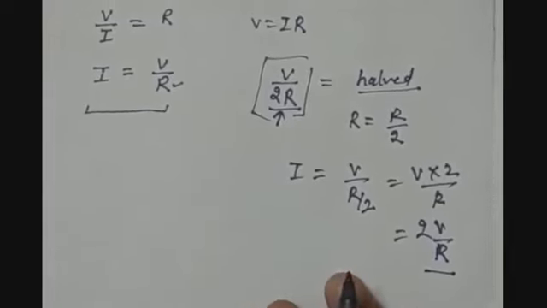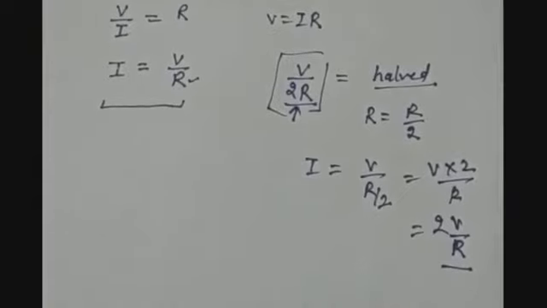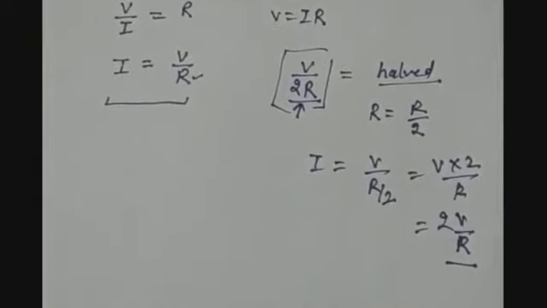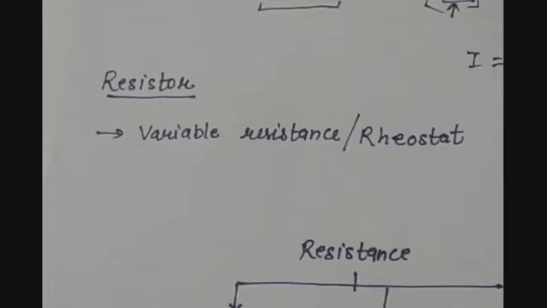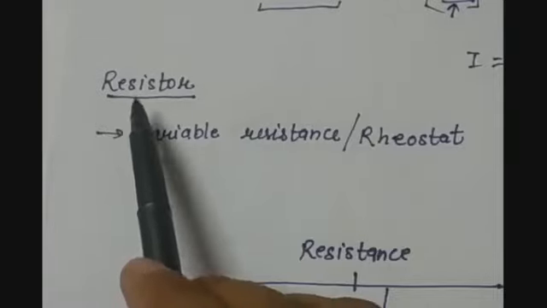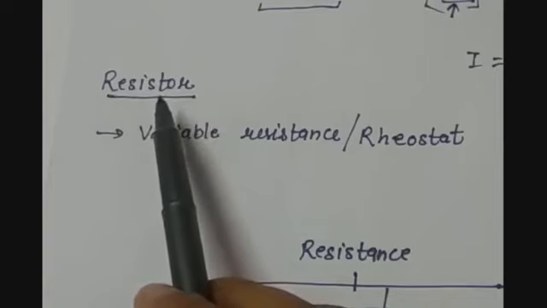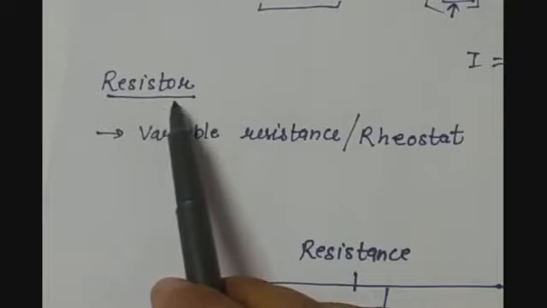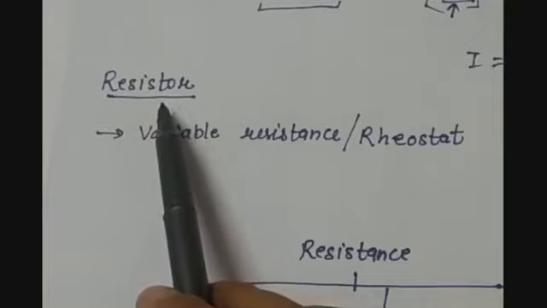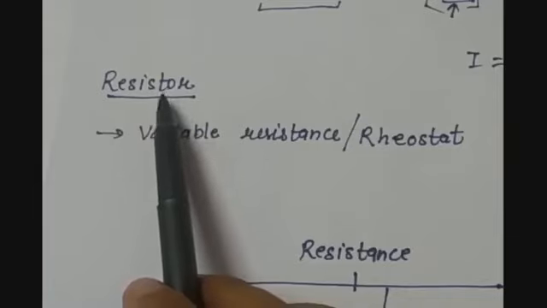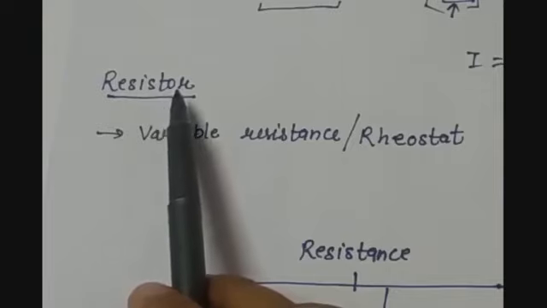Now these variations in the resistance can be done through various instruments. As we have studied, resistance can be of fixed kind and it can be variable. So in the electric circuit, we use some components which provide us the resistance, and these components are called resistors. A component in an electric circuit which offers resistance is known as a resistor. This is a metallic wire or a conductor which is used as a resistor, and this resistor can be of two types, fixed and variable.